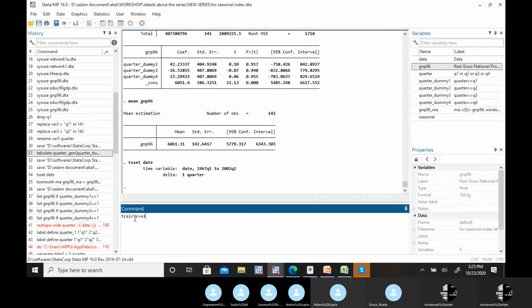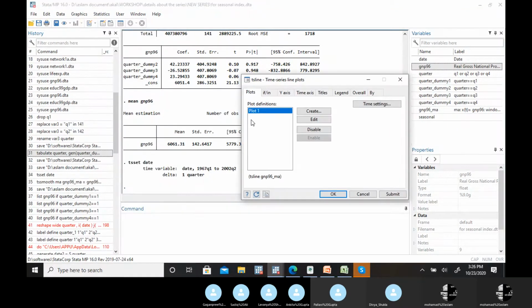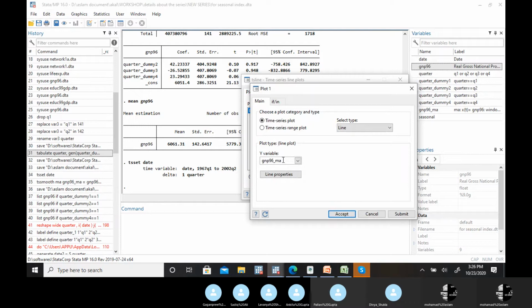Now, in place of trend and cycle as separate components, let's just divide it by the cyclical component, and let's see whether this cyclical change, this moving average, is incorporating the trend also or not. To see that, just look at the graph of this particular variable, the new moving average which we have created. Graph, time series, line plot. I already created plot one. You have to create it here: put the y variable GNP96 moving average,